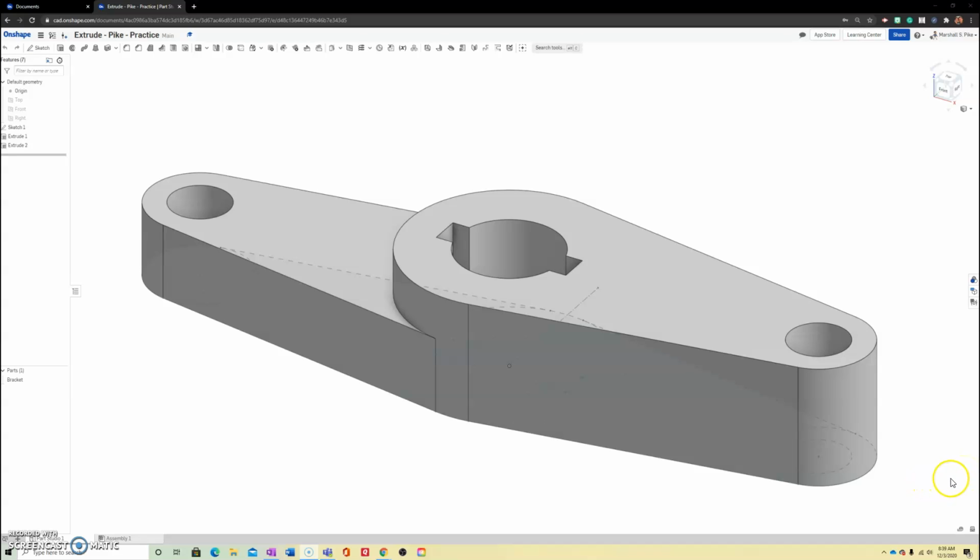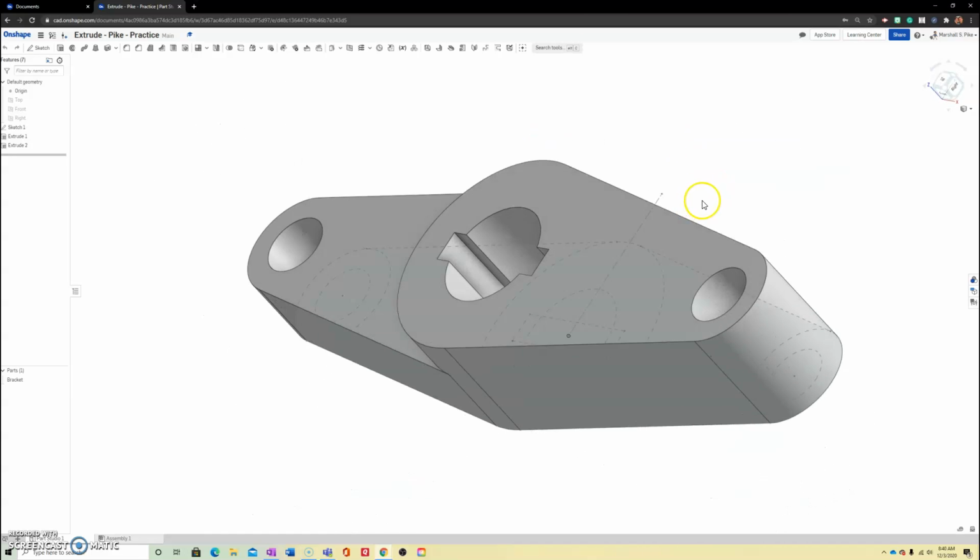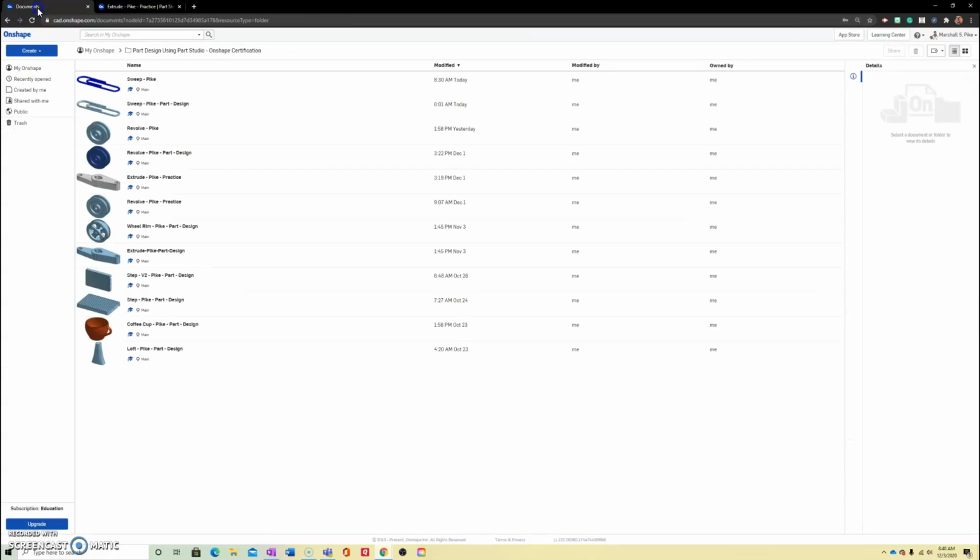Mr. Pike, I wanted to do a video here on the Onshape Extrude command, and this is one of the parts we will be drawing for our certification for designing parts using Part Studios. This is the completed part here, and this is the process that we're going to use once we have our